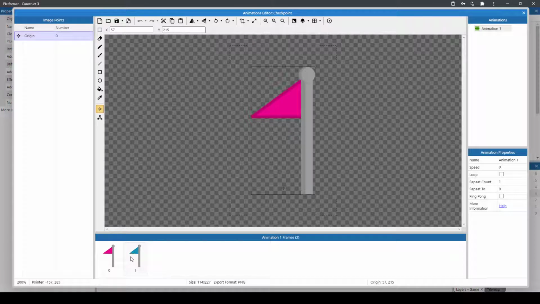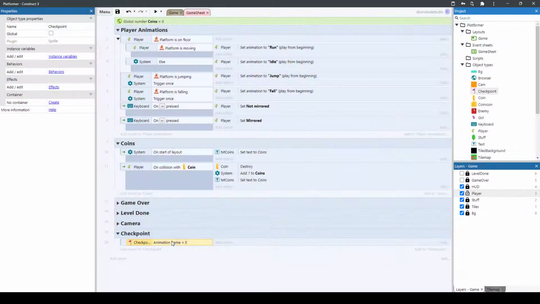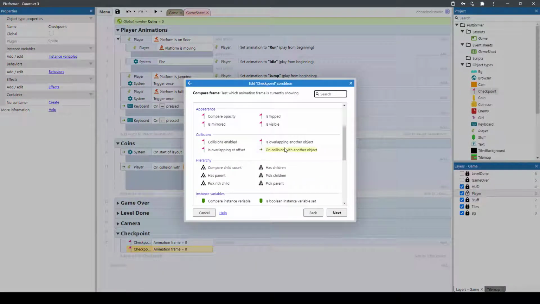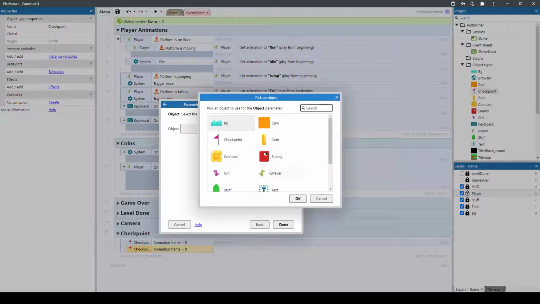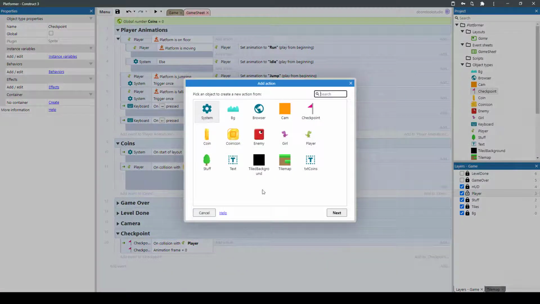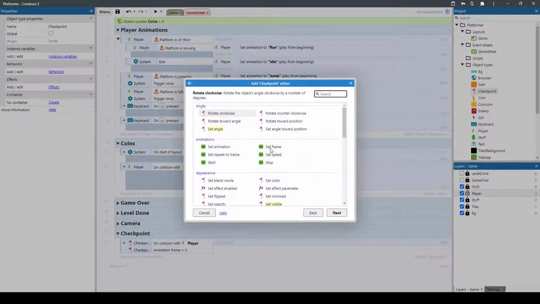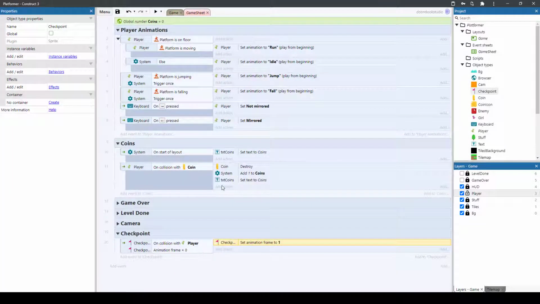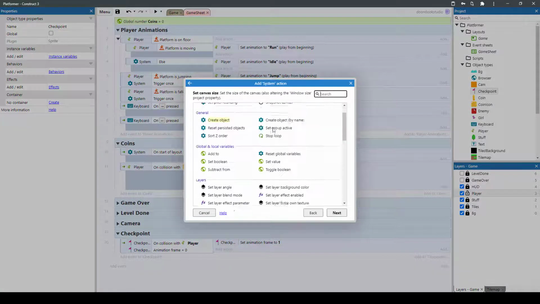I forgot to tell you that this one is disabled, and when the player hits it, it just gets enabled. Okay, so when its frame is 0 and collides with the player, we need to set its frame to 1,